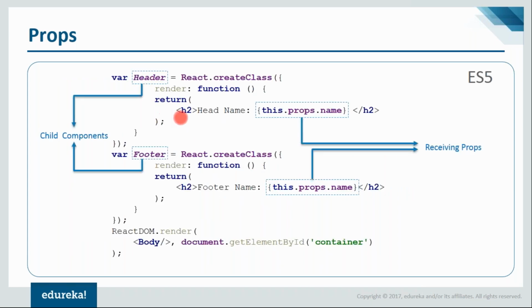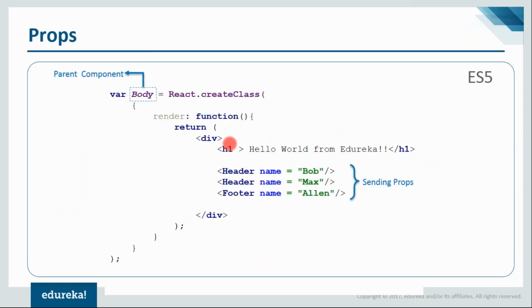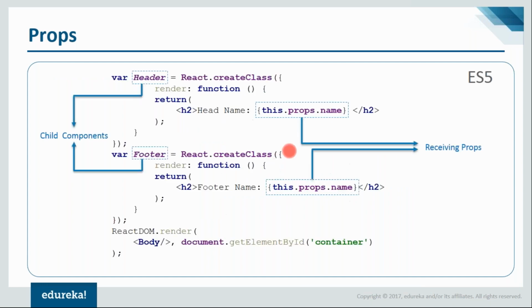The children components would get the props from parent and it would simply display it. Okay, so I have a h2 tag which says the head name is this.props.name. So this.props.name is what comes from here, right? So it says name is the property and I'm setting that property over here. So this would be replaced by whatever value that property has. So in this case it would be Bob, and this would be inside the h2 tag,